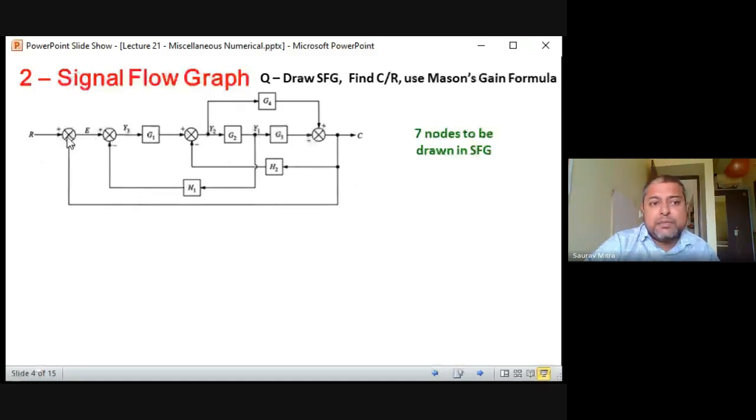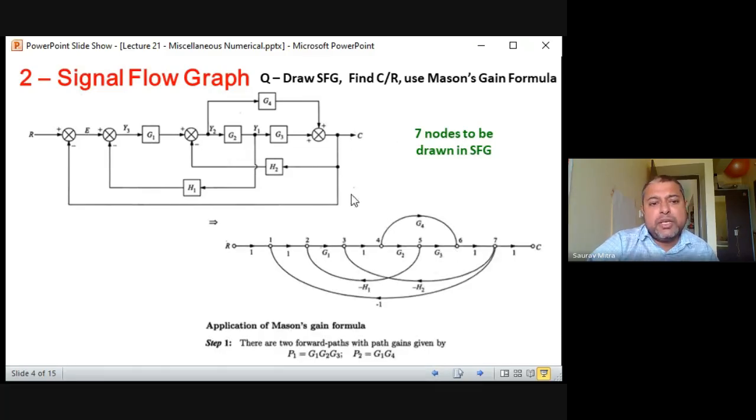So here, this is a point where many things are getting added. First node, this is the second node, this is the third node. From this point you are taking out a data, so this will be the fourth node. From this point again you are taking out the data, fifth node. At this point many things are getting added, sixth node, and this is where you are taking out the data. So there are 7 nodes. Okay, and R should come to the first node, and from the 7th node you should take the C out.